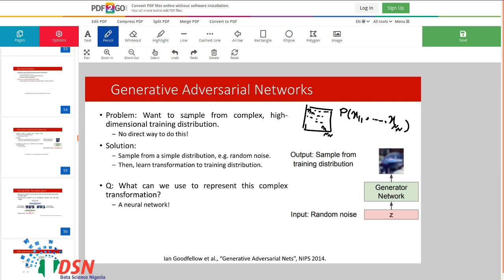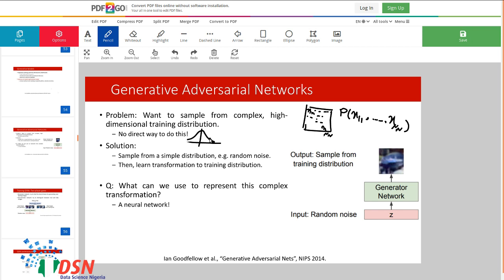So another solution to solve this problem is that we could sample from a very simple distribution like a Gaussian distribution or random noise. Let's say in the one dimensional case it is like this.